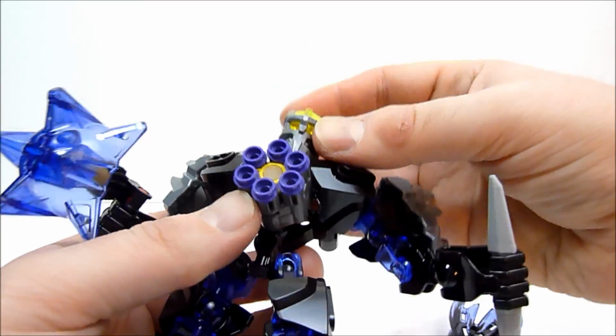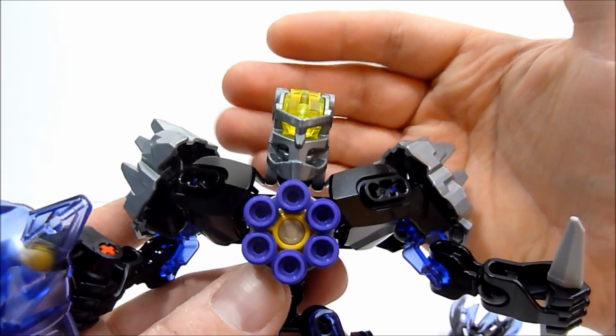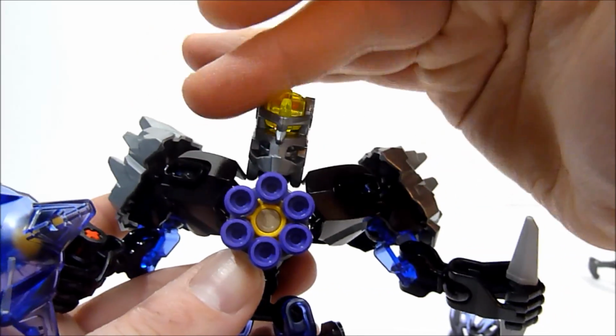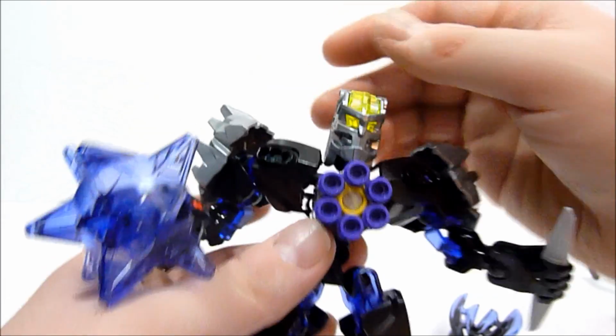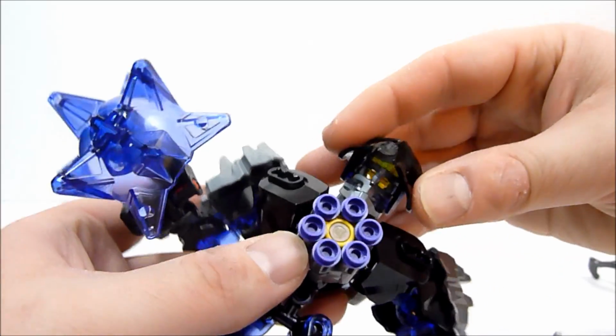But there's one thing. They have light piping, and for the most part it works fairly well. It does look good when his head is off. You can see obviously the light shining through there. I do wish, however, that maybe they made a different piece, like this pin, if they had made that in clear plastic, because I feel when the mask is on,